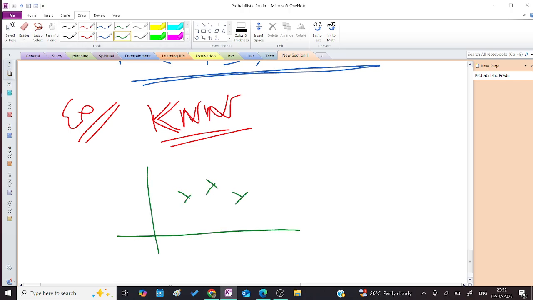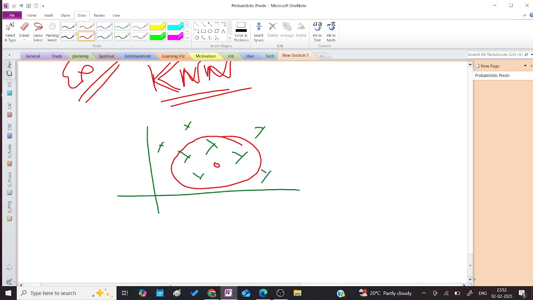Okay, so if there are some points and there is another point, and we want to know which cluster or which class it belongs to based on the nearest neighbors, that is the points around it, we can do this by using KNN. Okay, so KNN is given by